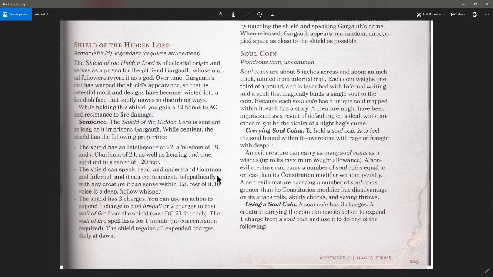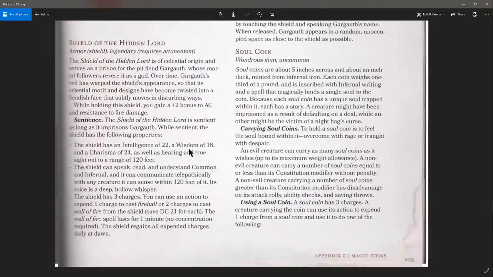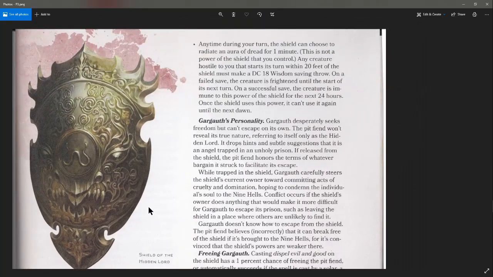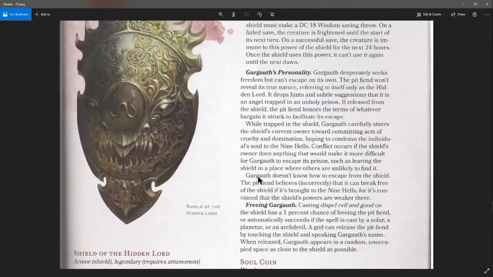The shield has 3 charges. You can use an action to expend 1 charge to cast Fireball, or 2 charges to cast Wall of Fire, for 1 minute, no concentration required. The shield regains all expended charges daily at dawn. Interesting shield. The personality of Gargoth, though, it looks like we're gonna...